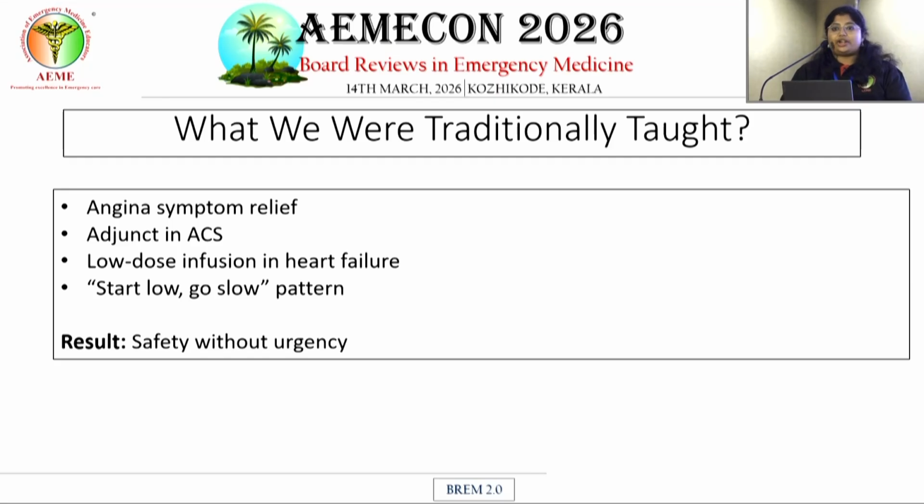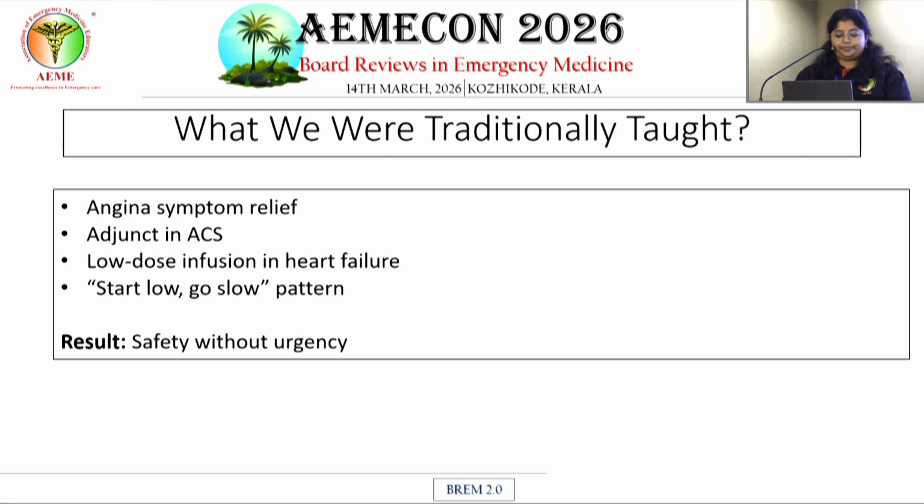So what are we traditionally taught about nitroglycerin? When I initially joined my residency, nitroglycerin was started at around 10 micrograms per minute, and up-titrating it to 100 itself was a big thing. So we have followed a start low, go slow pattern for nitroglycerin in the past. It is used for the symptom relief of angina, and as an adjunct in acute coronary syndrome, and as a low-dose infusion in heart failure. We were just focusing on the safety aspect of the drug without realizing how urgent the condition such as SCAPE